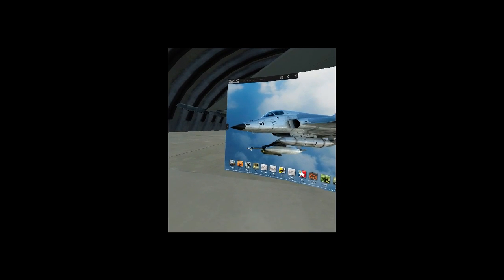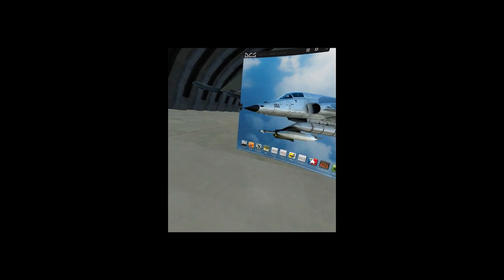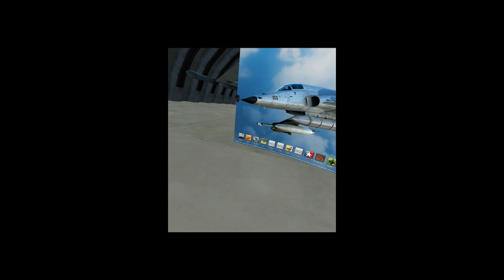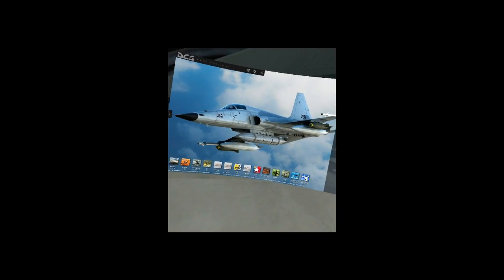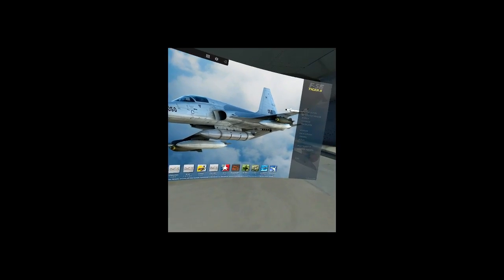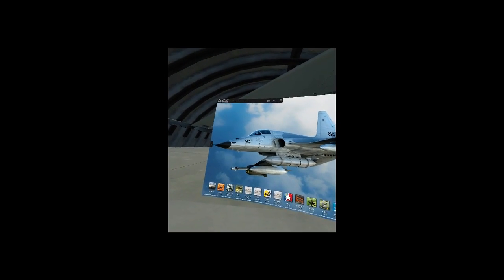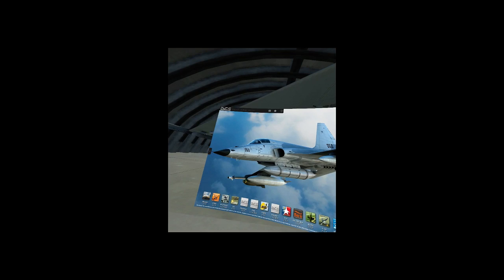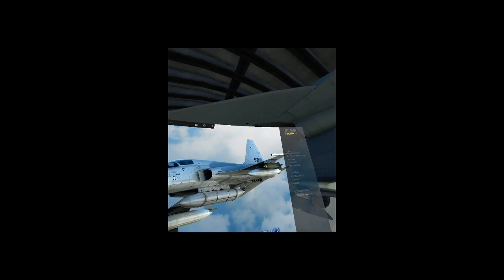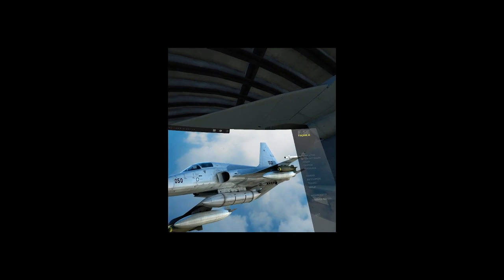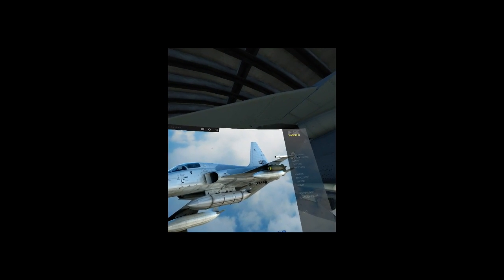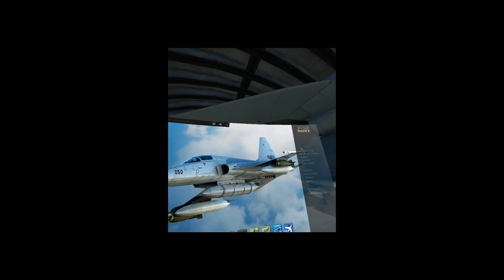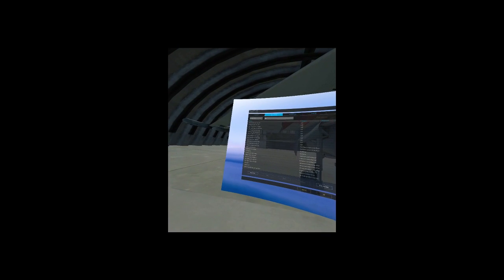But the other reason I wanted to jump in the A-10 today was to take a look at a couple of new features we're working on for our virtual reality implementation, particularly with the Rift. So let me jump into the options, and I'll show you exactly what I'm talking about. Go into our settings. First, over in the Systems tab, we're going to have a new preset here